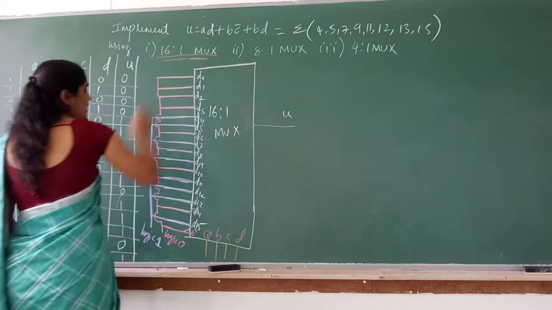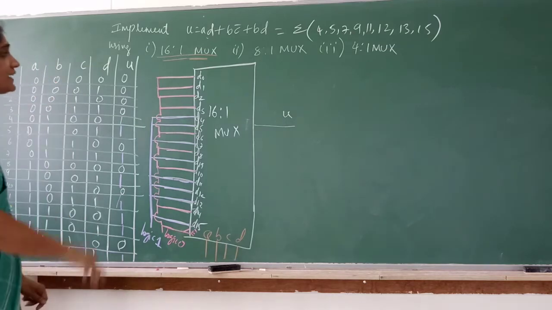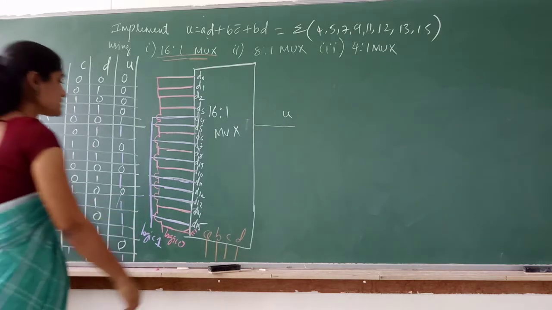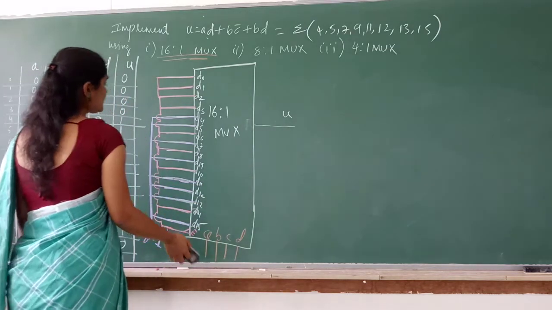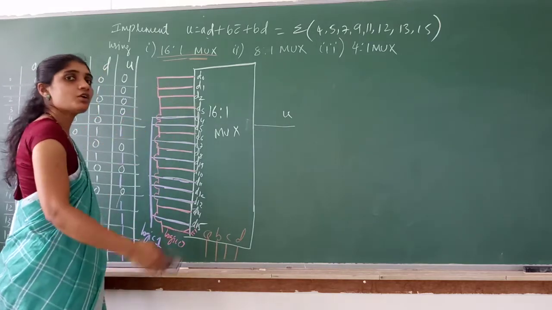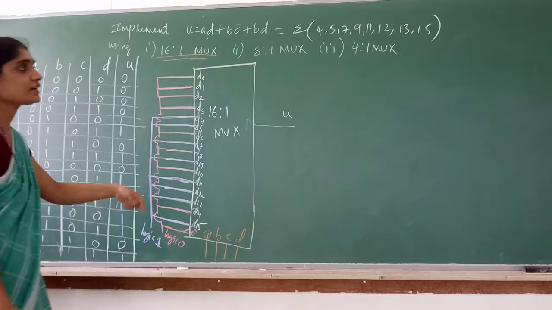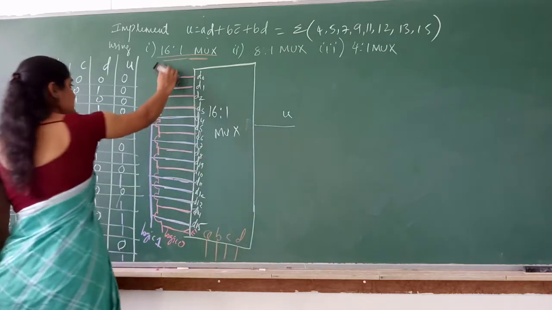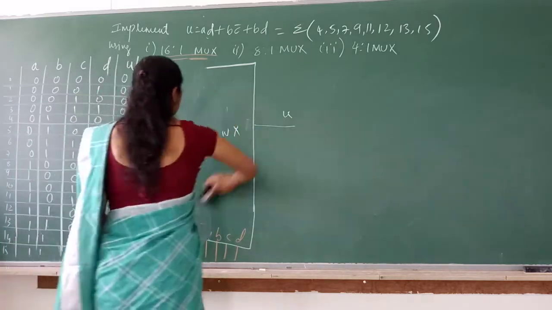Okay, now let us go for 8:1 mux. I'll erase this. This is clear, it is very simple. Min term lines are connected to logic 1 or to VCC. The other remaining lines will be connected to logic 0. That's all. Next one, 8:1 mux.